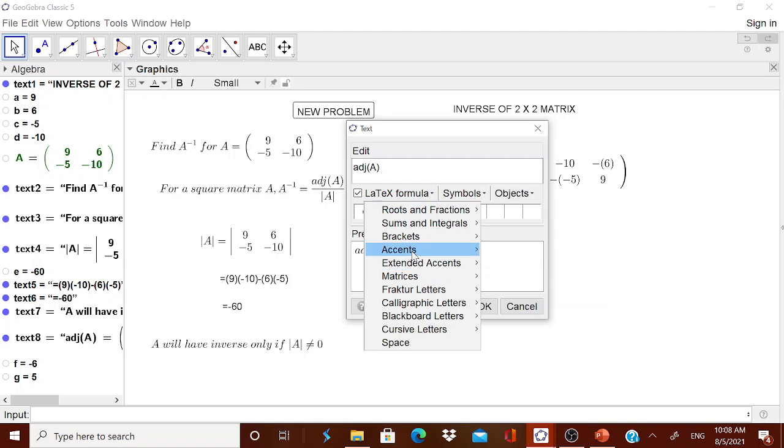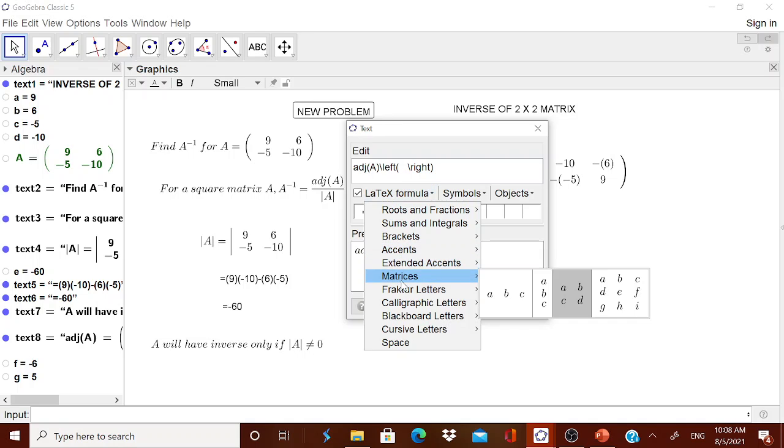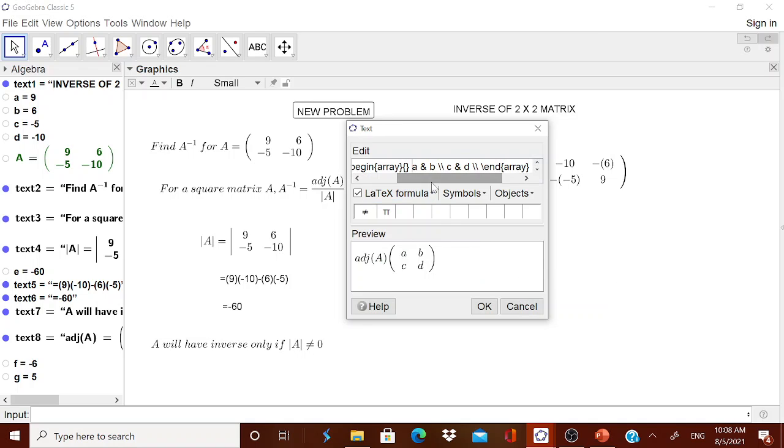Is equal to, once again, I will go for bracket. Inside the bracket, I will go for a matrix, which is a 2 cross 2. Okay, all of you know that in place of A, what should come? D should come. Therefore, D. Now, there is no need to put a sign. For here, F will come. Therefore, you have to put F here because it is minus B. See, automatically minus 6 has come.